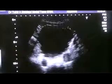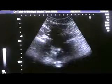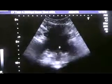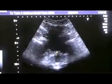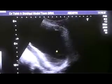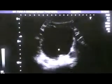Now the prostate. This is the prostate. This is the proximal end of the prostatic urethra. Nothing related to the urethra